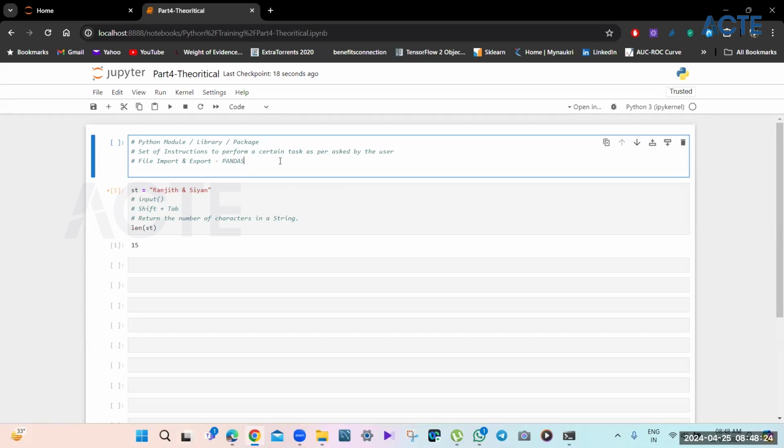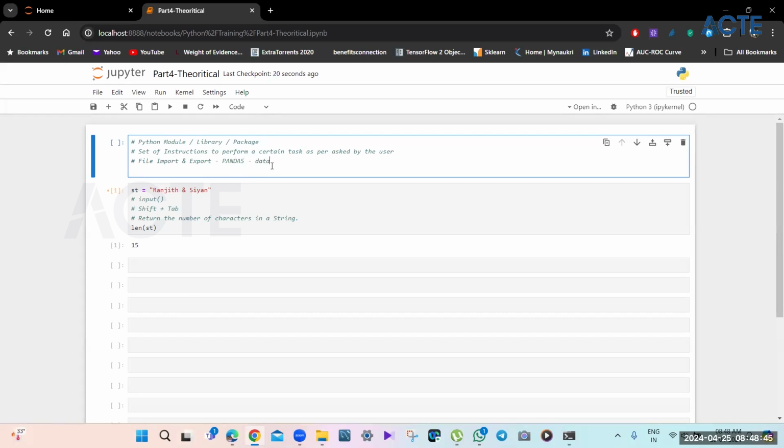Pandas. So what will Pandas do? Pandas is a module which will help you import or export any outside file within the Python Jupyter notebook or Python environment. And after importing that file from an external system, it will convert it into a data frame.